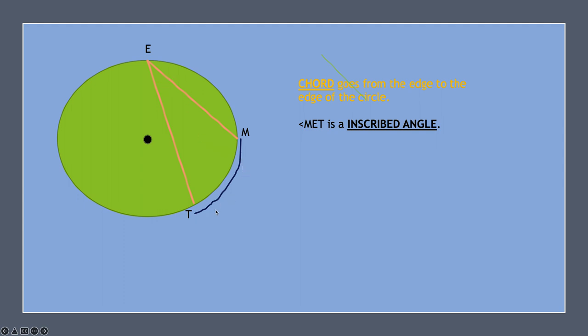You can see arc MT right here. And again, that symbol is not proper. It should just be a parenthesis half up top of it. Okay, now one of the things about the relationship between the measures of these inscribed angles and the measures of